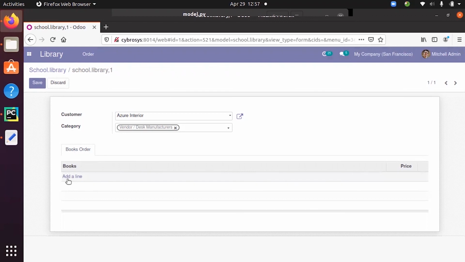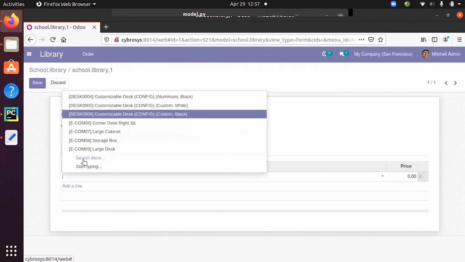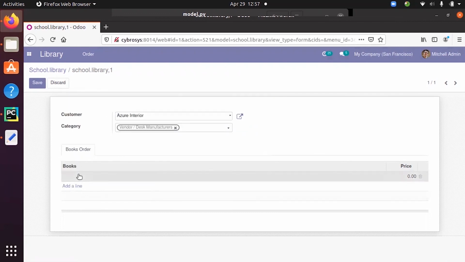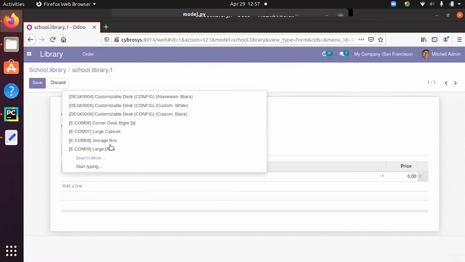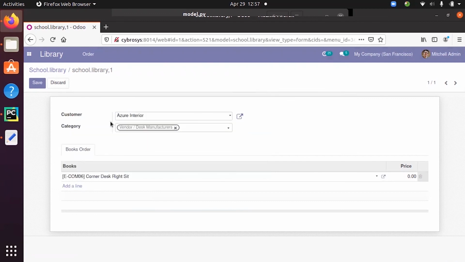You can see two fields in this one to many field, that is books and price. When you click on add a line, we can see that books is a many to one field. So you can choose one from here, and we can also define price here. So this one is a one to many field.